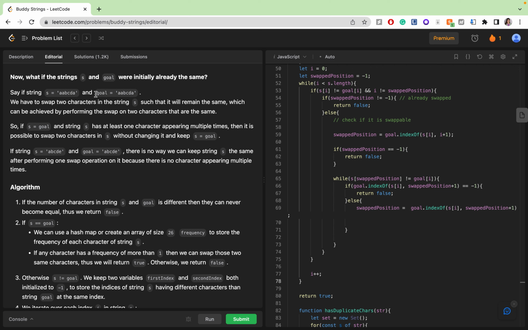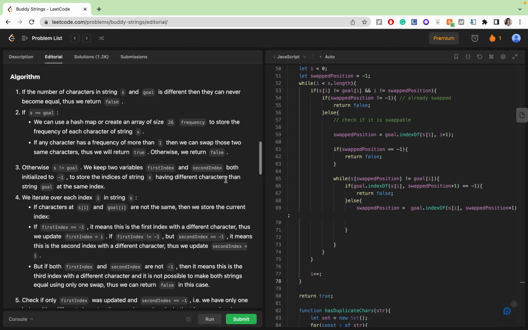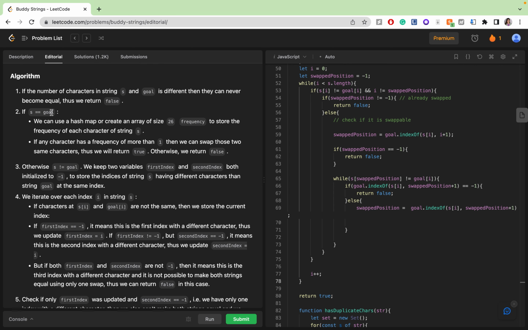Say if string S is equal to goal, we have to swap two characters such that it will remain the same, which can be achieved by performing the swap on two characters that are the same. So if S is equal to goal and string S has at least one character appearing multiple times, then it is possible to swap two characters in S without changing it. If S equals goal, then oh wow,